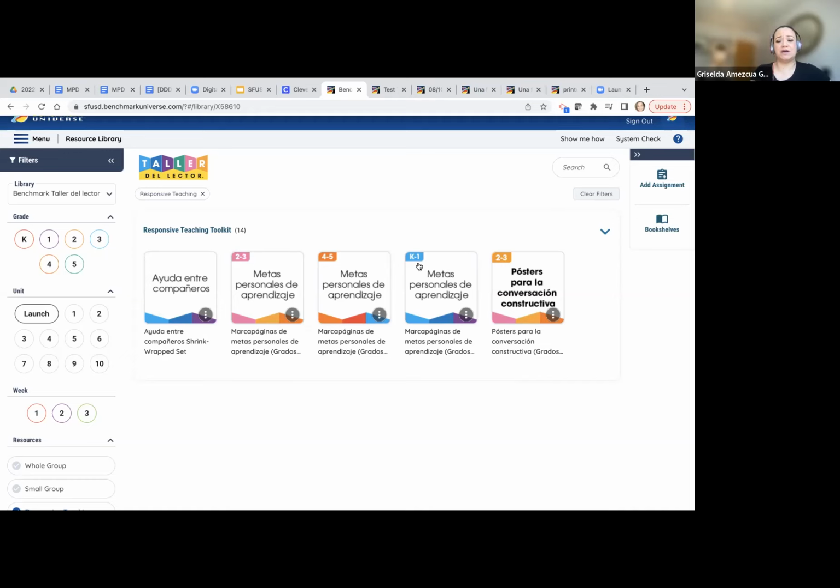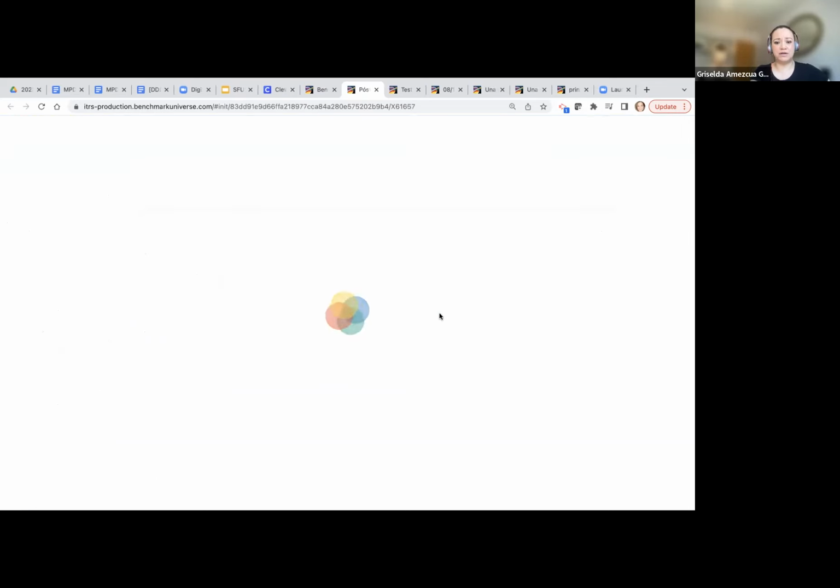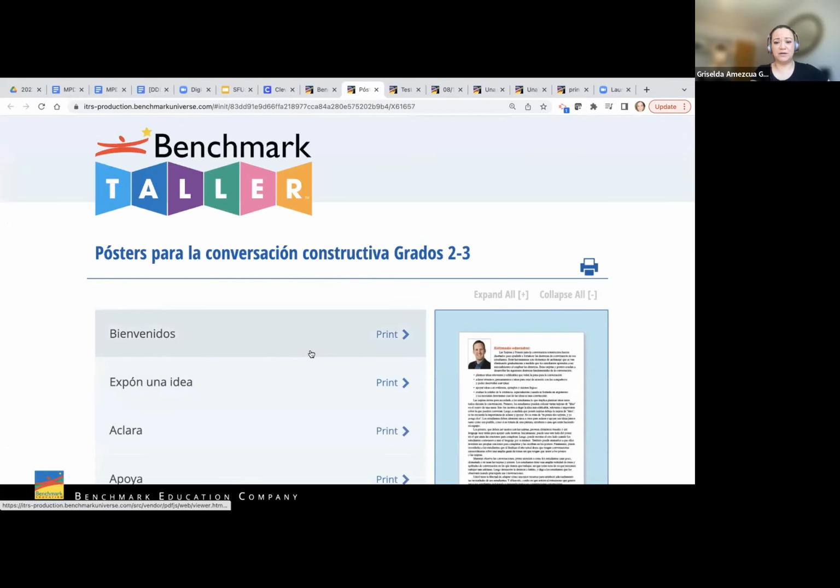And as you can see, here it is by grade level. So you can use these with any student. If you have students that are reading at lower levels, you can check out the metas de aprendizaje for those grades and see if you can use them with your student. There's also posters that you can use, the conversaciones,